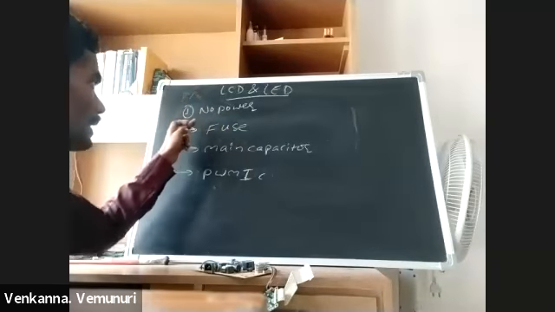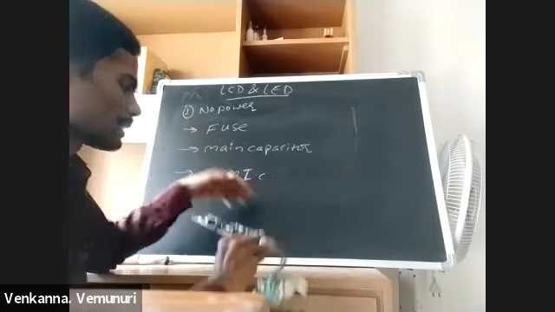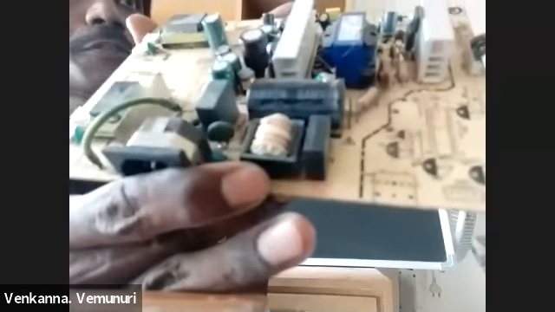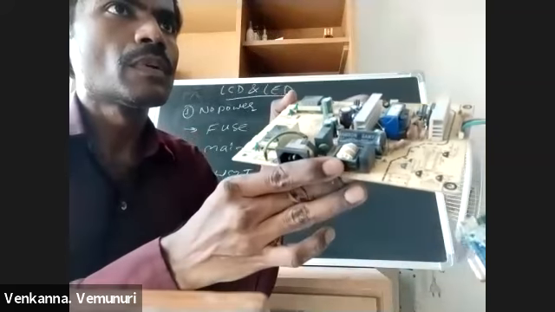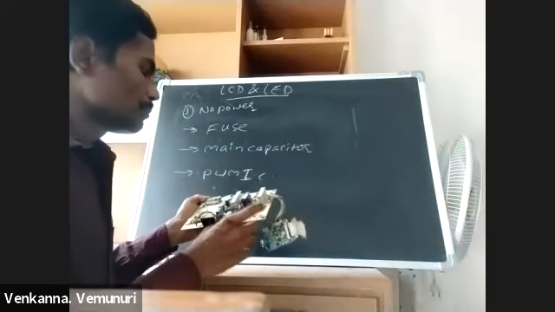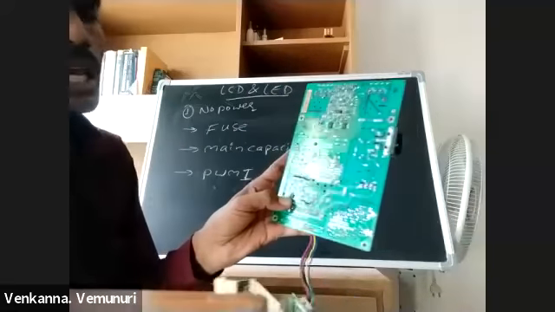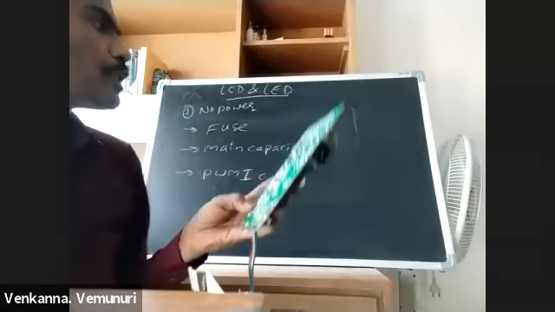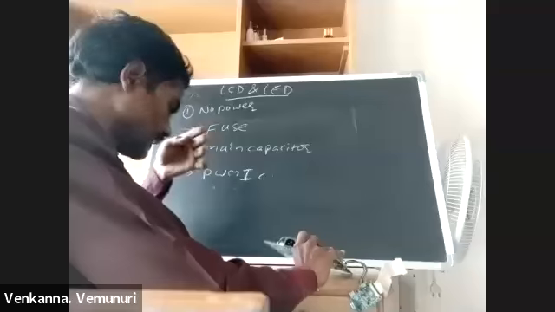No power means we check the fuse and main capacitor. This is the main capacitor. What is this capacitor rating? 100 microfarad and 450 volts. This is the main capacitor. And for the PWM-IC, every IC has a number. Different companies use different PWM-ICs. Next one is